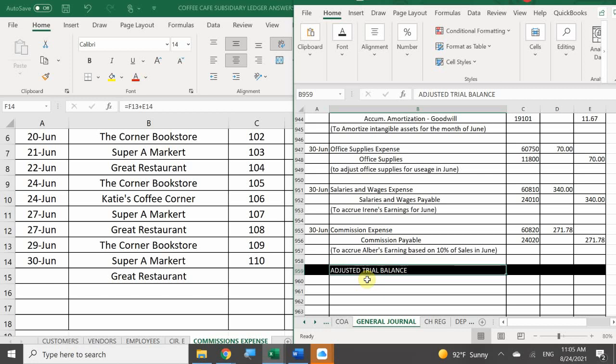So now that I have my journal completely complete, my subsidiary ledger I'm done with. I don't need it anymore because I'm not going to pay anybody anything. I'm not going to need to look at my employees anymore or have to deal with my customers, okay? So from here on out, everything's going to be just internal. All you'll be needing is just your journal, your ledger, and your financial statements, right? We already talked about completing the inventory worksheet, so that's done. We completed our depreciation table, so that's done. So now we're done with the subsidiary ledger because the rest of the stuff is just closing out the